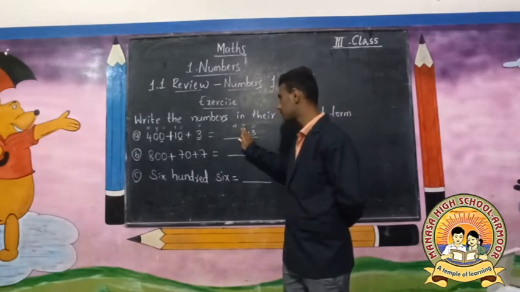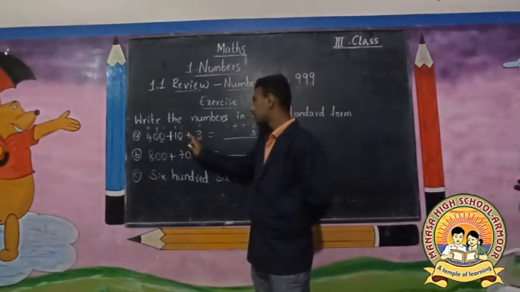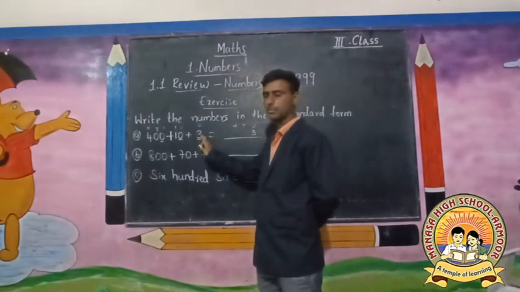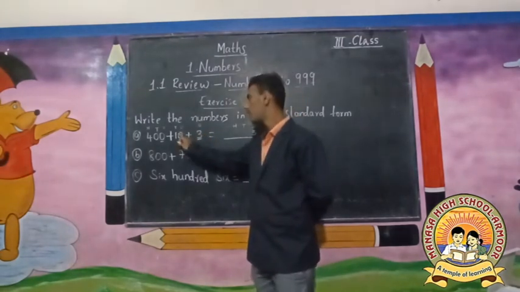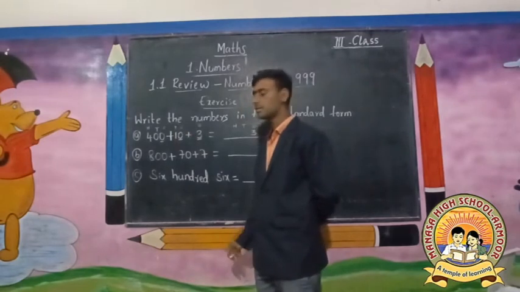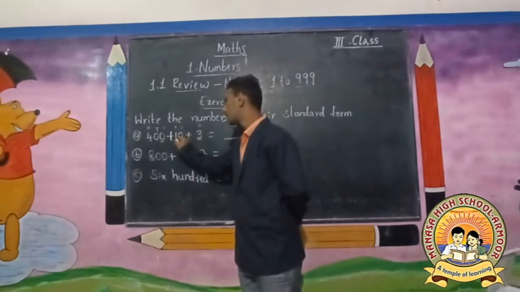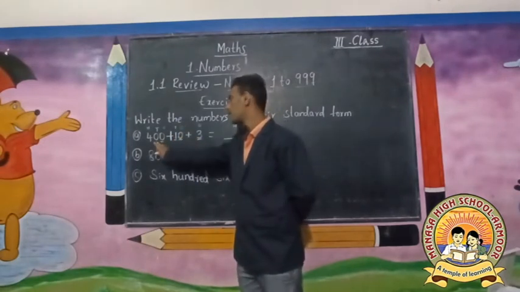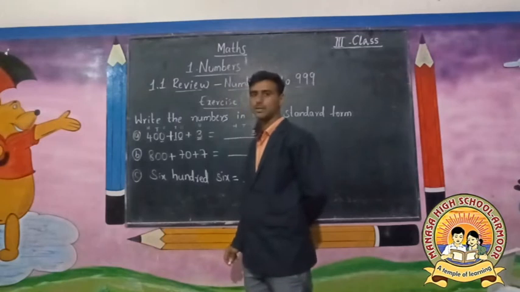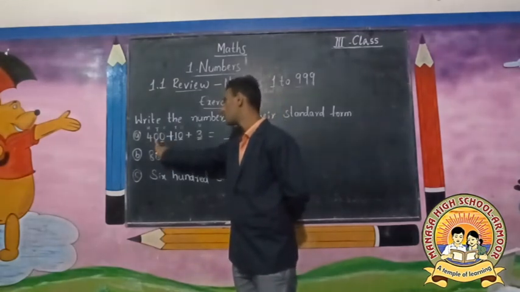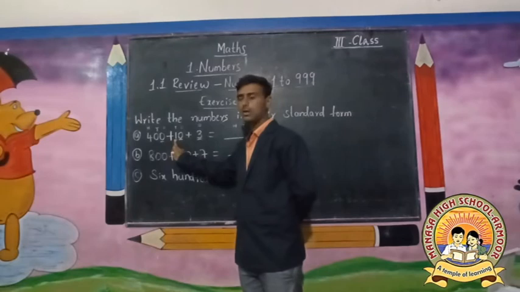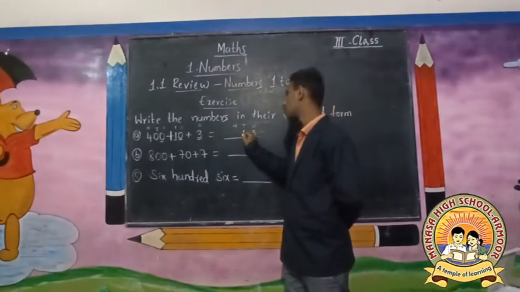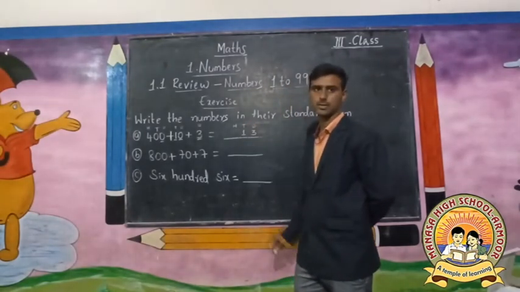going to tens place. Here let us observe this number. We have only ones place in this number. Let us go to next number. Here we have ones and tens place. So here we have tens place. The digit 1 is in tens place and here 0 is in tens place. So we add together 0 plus 1. What is the answer? 0 plus 1 is 1. So this 1 should write in tens place.